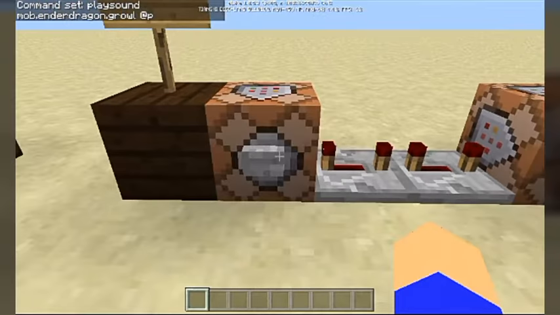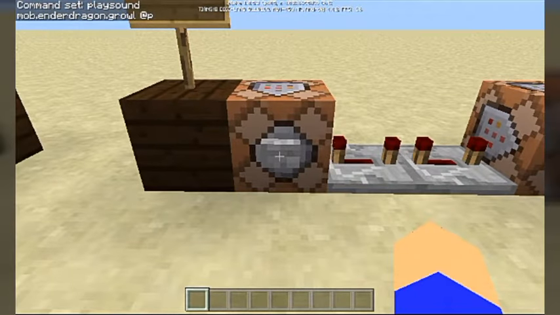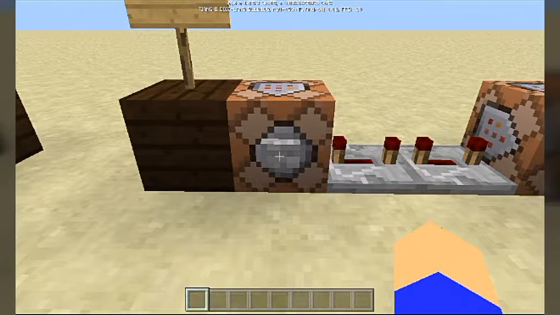So I'm going to press this button, and I'm warning you guys right now, you may want to turn your volume down if you're wearing headphones, unless of course you actually do want your eardrums blown out, because the Ender Dragon can sometimes be a bit loud. So 3, 2, 1,